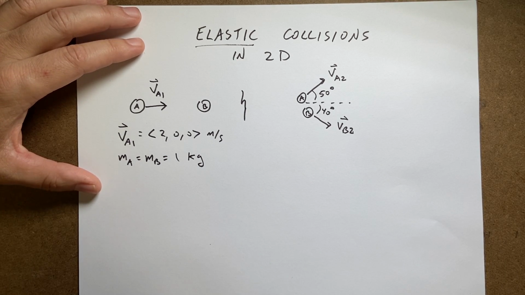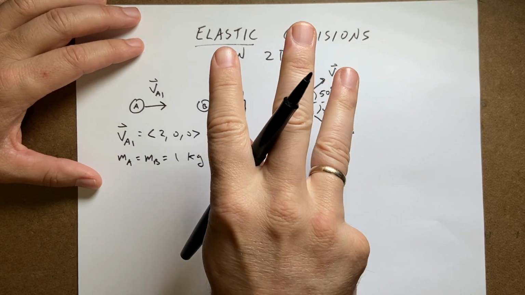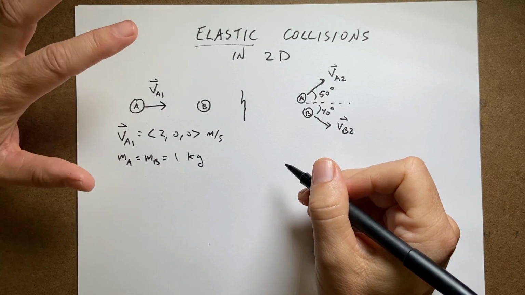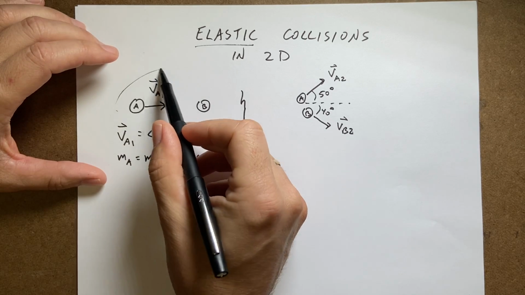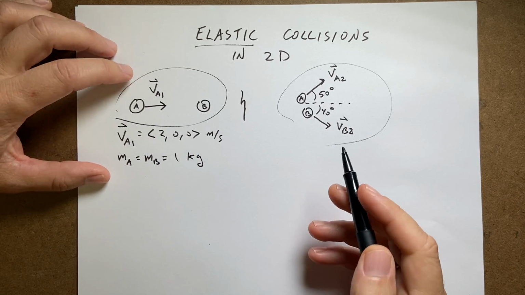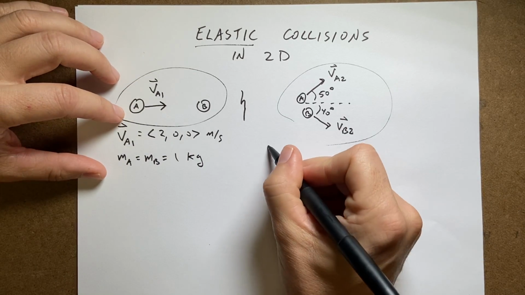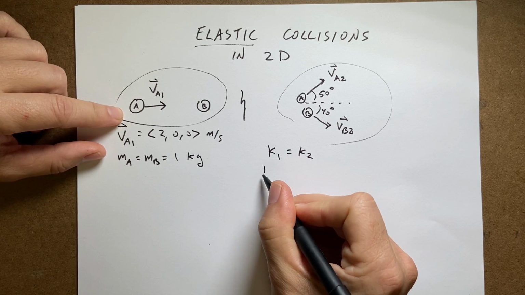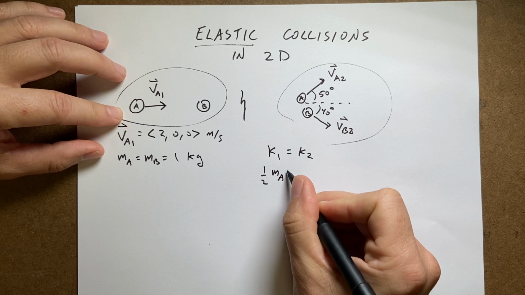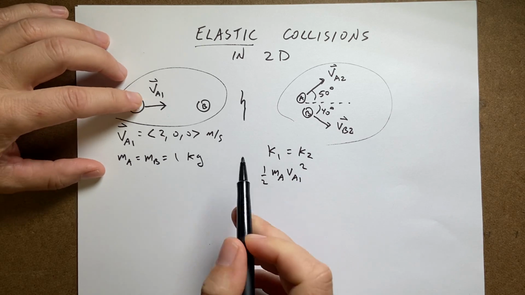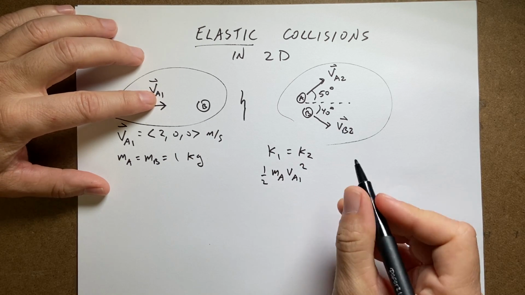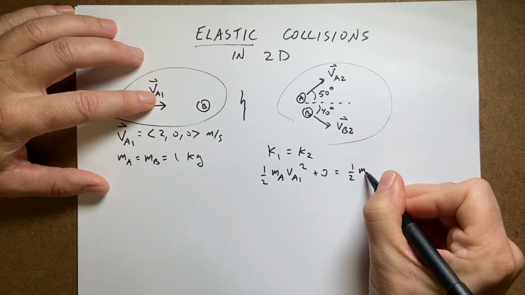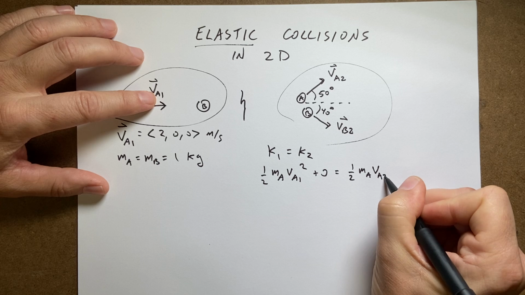Okay, so if it's an elastic collision, I actually have 3 equations. The first equation I have is that the kinetic energy is conserved. It's an elastic collision, so the kinetic energy before is equal to the kinetic energy after. So let me write that equation. K1 equals K2. So this is going to be 1/2 ma va1 squared plus the kinetic energy of this one, which is 0, equals the final kinetic energy, 1/2 ma va2 squared,